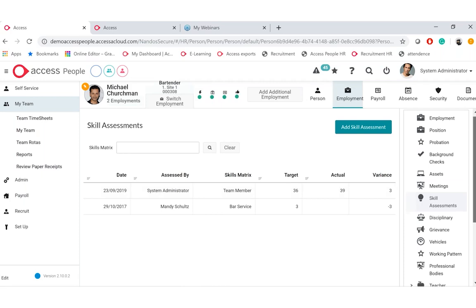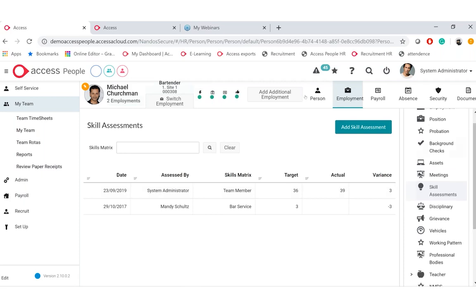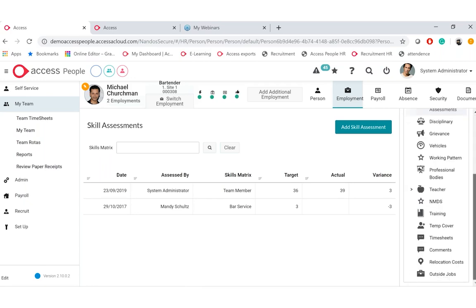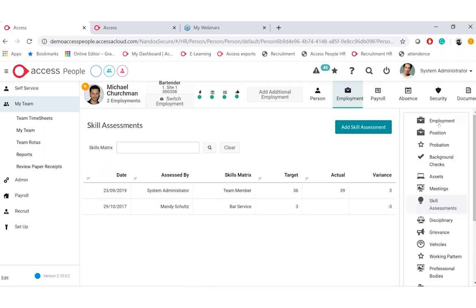So to engage these employees and ensure that they have the best experience, we want to home in on those talents, and we also want to make sure that everybody goes through that same process. So to do that, we have training. So we have our skills assessments here, and then we can also record any training against that individual as well.